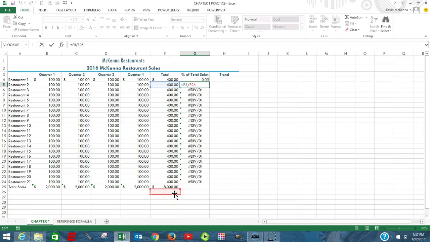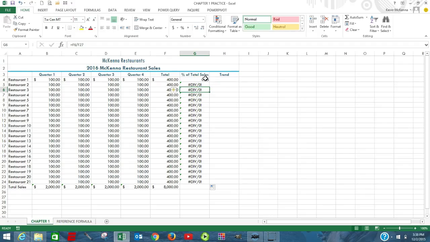That's why we're getting the error message. Directly beneath that, for the third one, quickly double left click, 400 divided by F27. There is no information in F27. We are not looking at that denominator of 8,000. So Excel took a guess. And Excel guessed the wrong